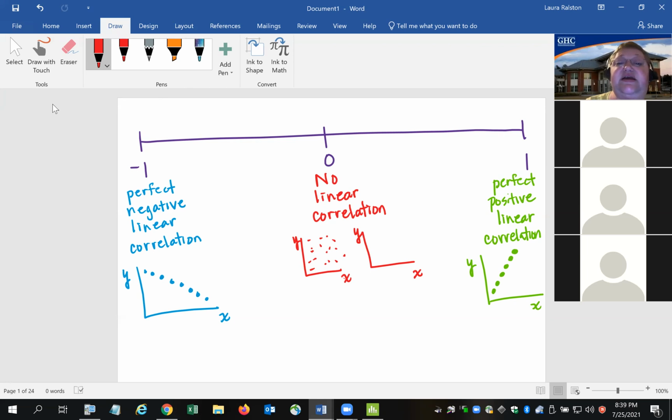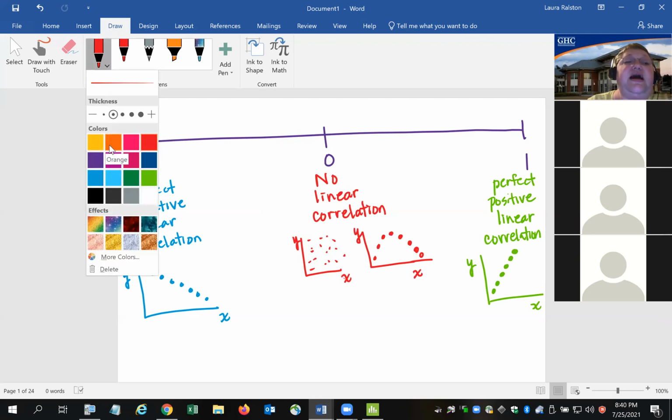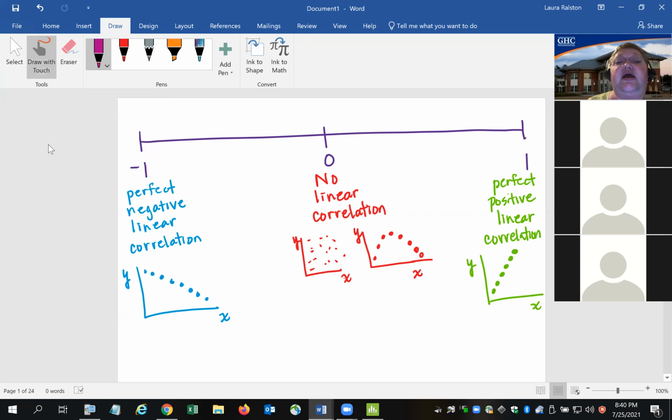The other possibility is that you do have a pattern within the dots, but that pattern is not linear. And you treat this like a thermometer. As you move away from 0 toward +1, this would be like weak